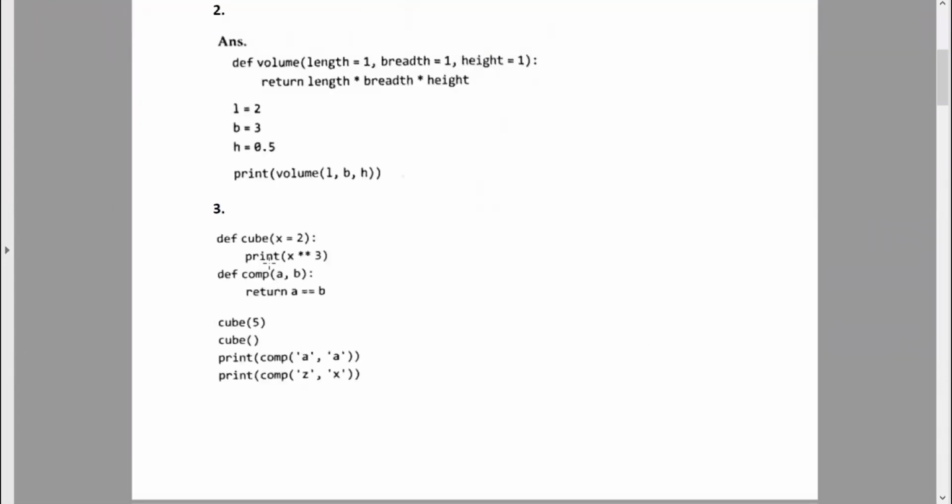How to write the answer is by having a function called cube, which is going to find x power 3. Whatever value we are passing, it must be finding the cube of the given number. So that is why we are having x power 3. When I'm not passing any value to the function, by default, it has to find the cube of 2. So that is why the default value x is equal to 2 is being given here. And when I'm passing a parameter, it has to take the value which is passed as the parameter.